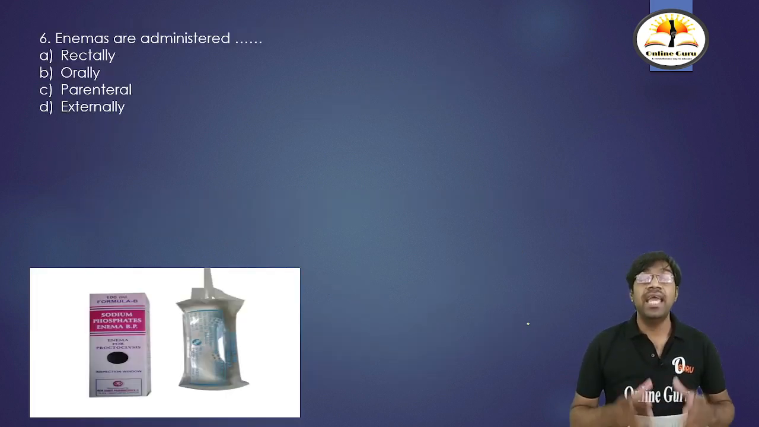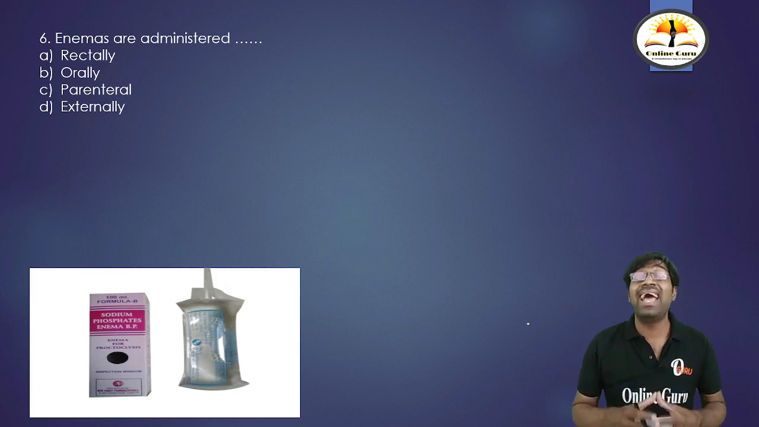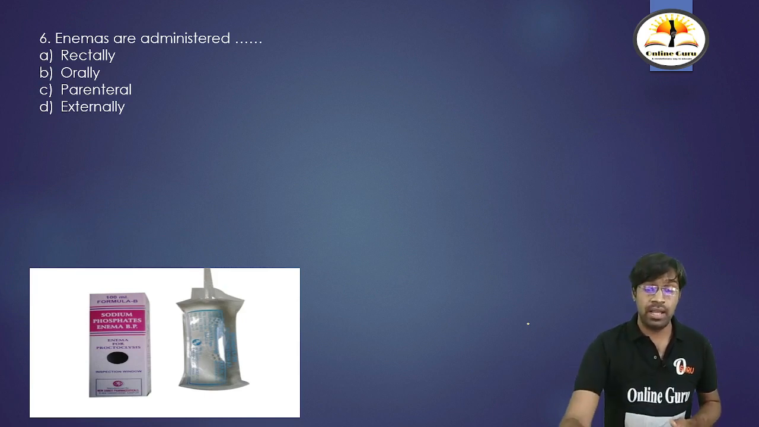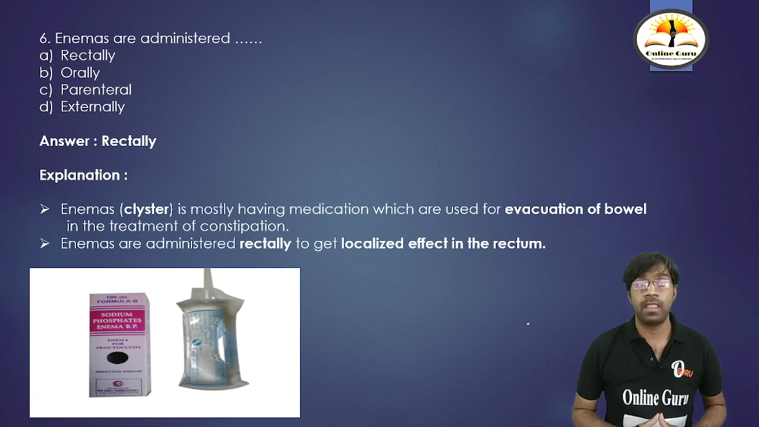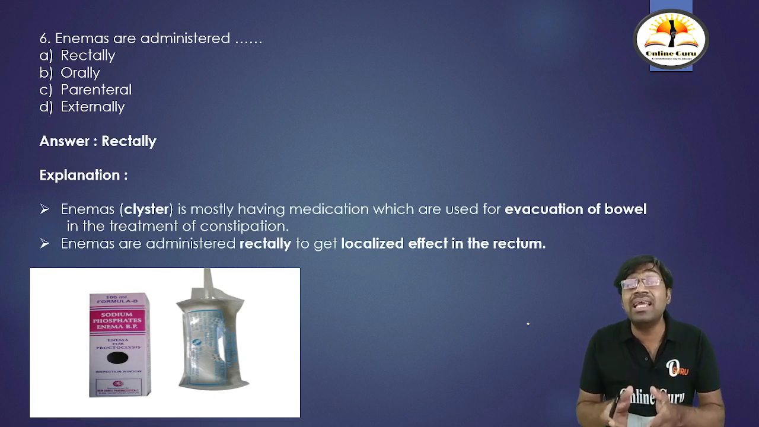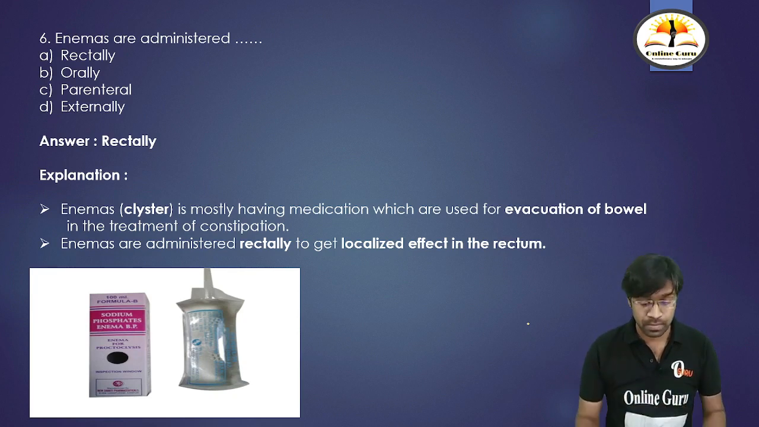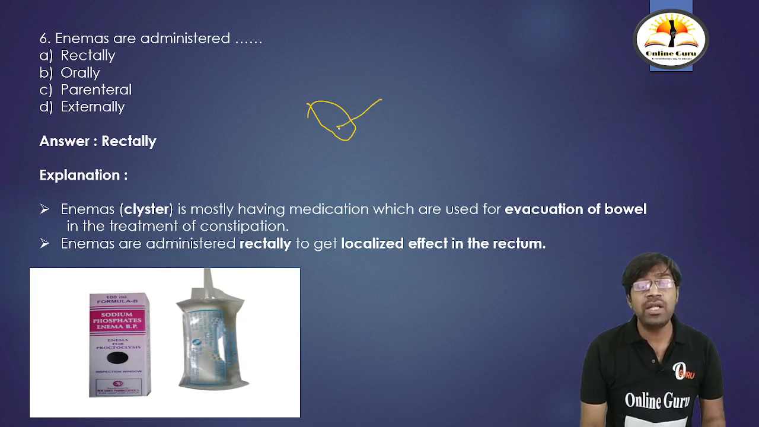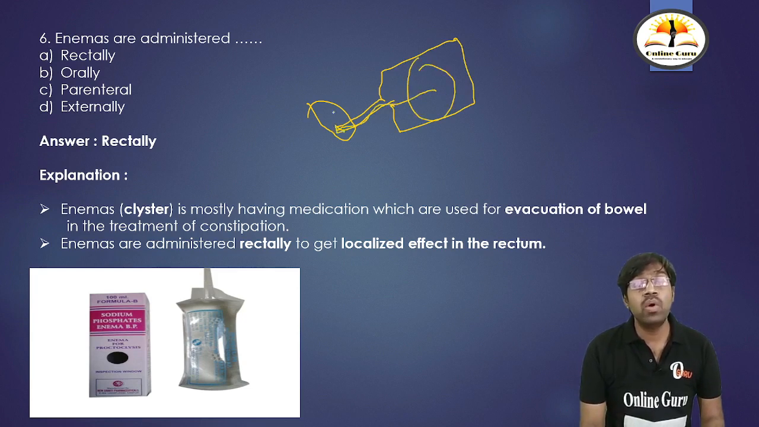The next question: enemas are administered, option A, rectally, option B, orally, option C, parenterally and option D, externally. The right answer is rectally. The enemas are to be inserted into the rectal cavity. See here, suppose this is a rectal cavity, and the enema tube is inserted into this rectal cavity. It will contain some medication which, through this pipe, is going to go inside the rectal cavity, where it will cause the movement